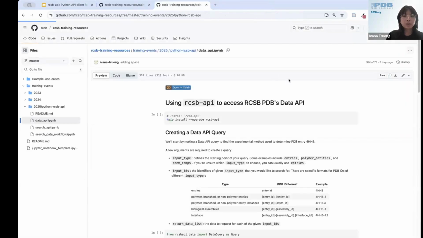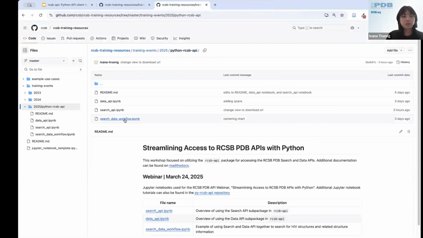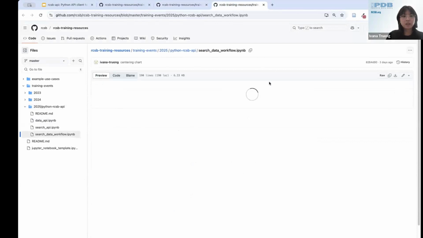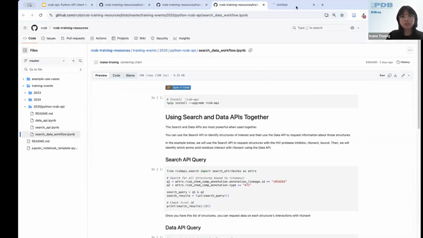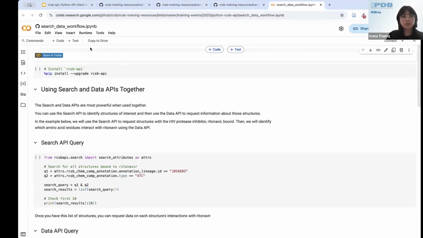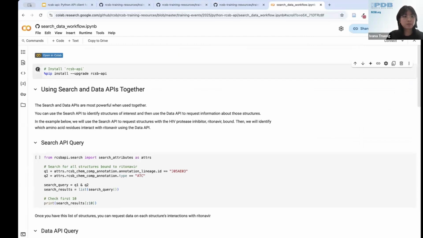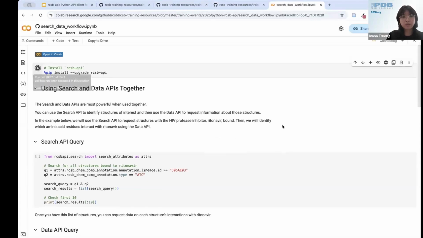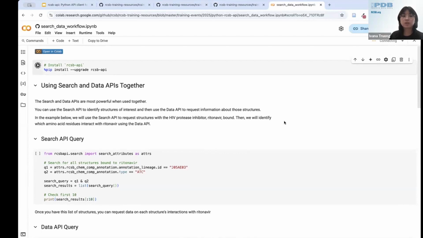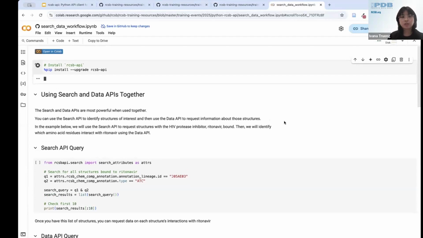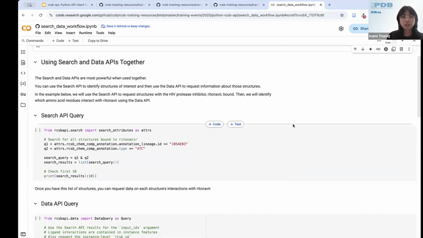So finally, we're going to go through our search and data workflow notebook. This shows you how you can use the search API and data API together. As we've been saying, the search and data APIs are most powerful when you use them together. You can use the search API to identify structures of interest and then use the data API to request information about those structures. So in this example below, we're going to use the search API to request structures with